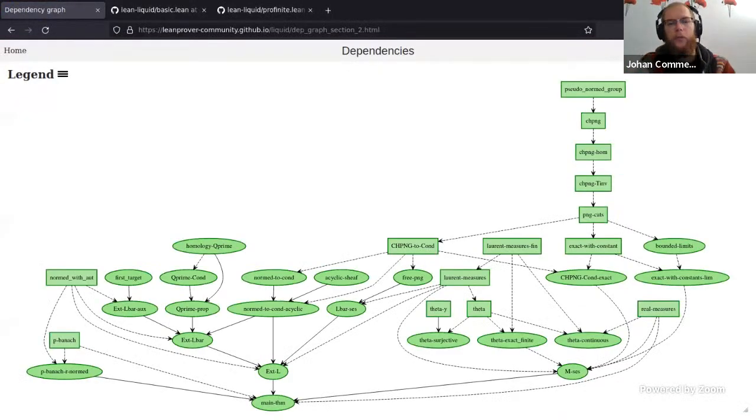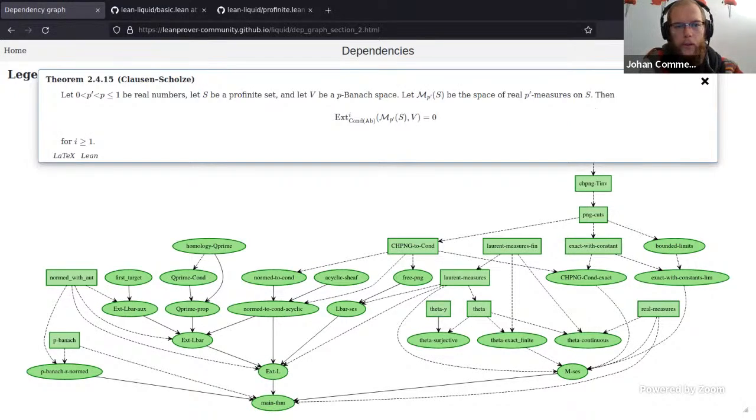And at the beginning of the project, this was all white, and gradually it became more and more green. And so finally, when this main theorem was done, which says that a certain Ext group in the category of condensed abelian groups vanishes for all i at least 1, okay, so when that was done, we knew that Lean had certified that this entire